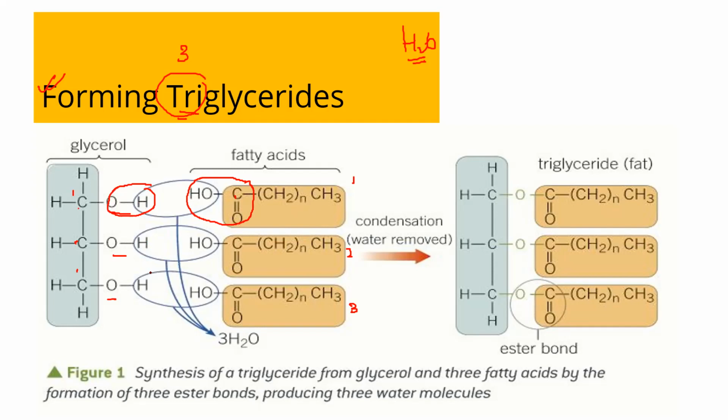So in this reaction, we are getting 3 water molecules, one from each, because one bond is being made here, one bond is being made here, one bond is being made here. So we get 3 water molecules after condensation. And this is how the ester bond now looks. So this O is being shared now. This whole thing, C double bond O and this O, all of it makes this ester bond, collectively. So the triglycerides have ester bonds.